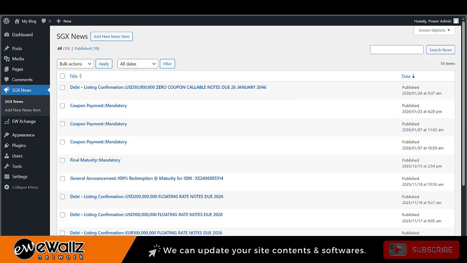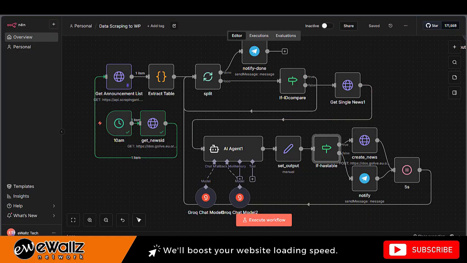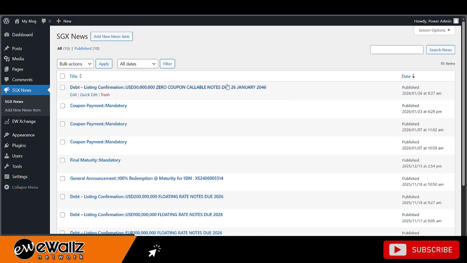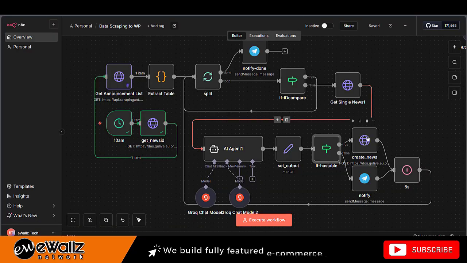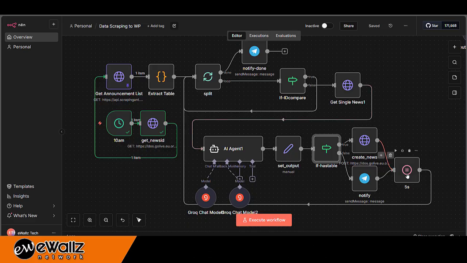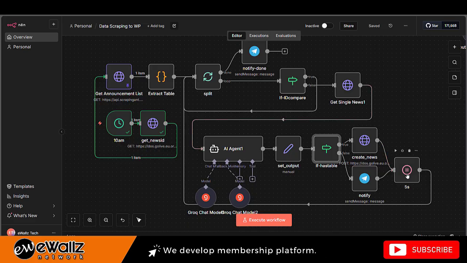It will send a post request, this one, to WordPress to create this SGX news CPT custom post. Then we put a slight delay, like 5 seconds or 2 seconds, in between each individual news item.